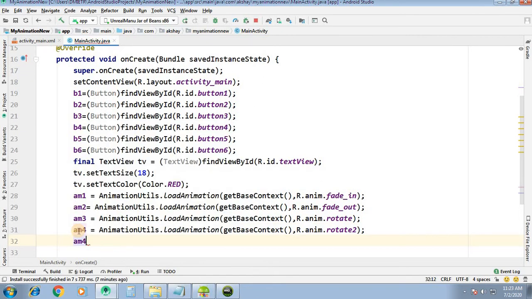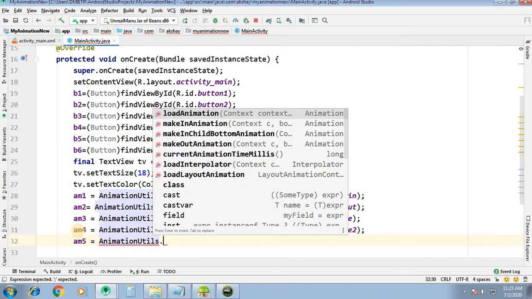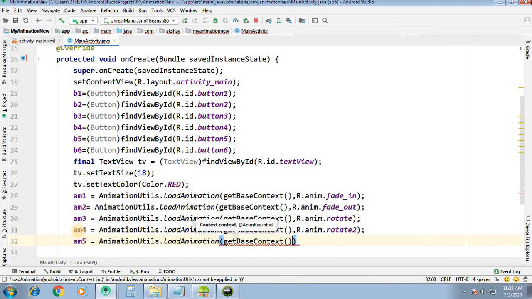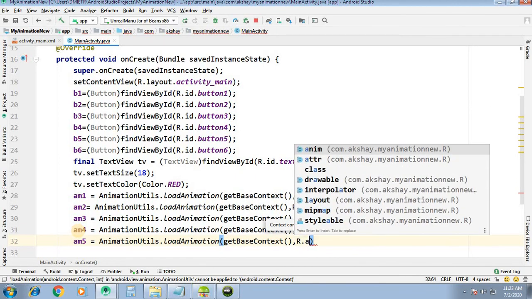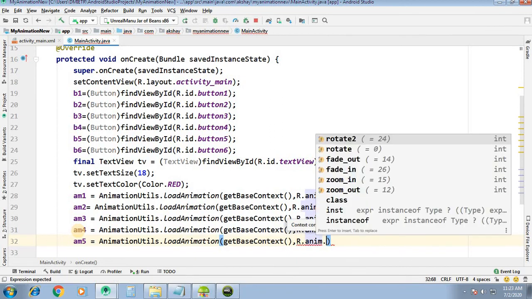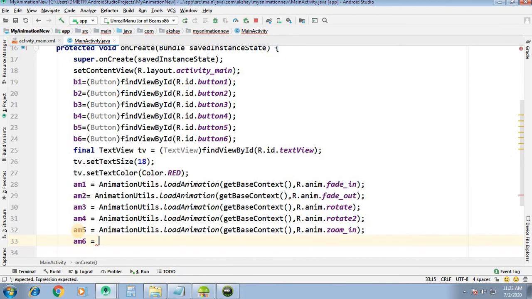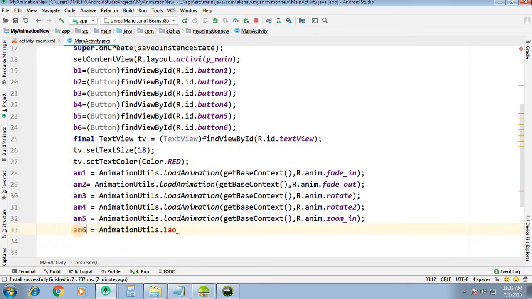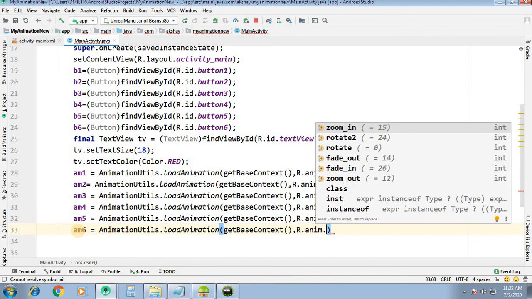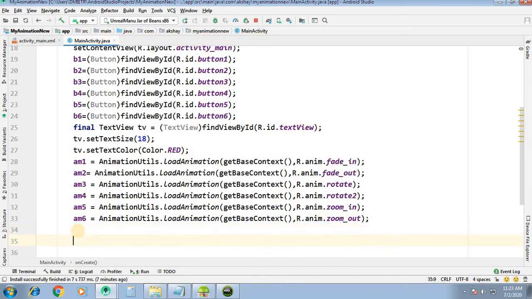Then am5, animation 5, equal to AnimationUtils.loadAnimation, getBaseContext(), comma R.anim dot now here zoom in, and the last one is am6 equal to AnimationUtils.loadAnimation, getBaseContext(), comma R.anim dot the last one is the zoom out. So these are the 6 effects we are adding.